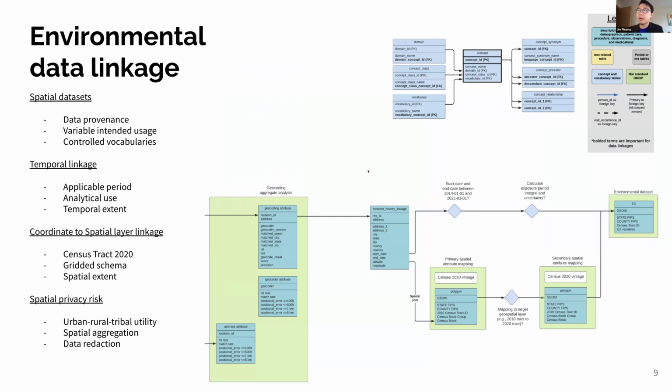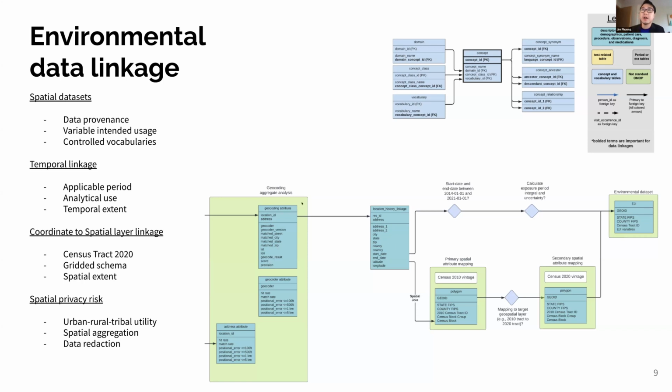We refer back to that location history, taking into account both the space and time, so that if we were to do this linkage with the Environmental Justice Index, we have these decision steps. If the Environmental Justice Index at the variable level can't be applied 20 years back, how do we then apply the logic to link that variable, and when is it applicable? Where do we have no data for this type of linkage?